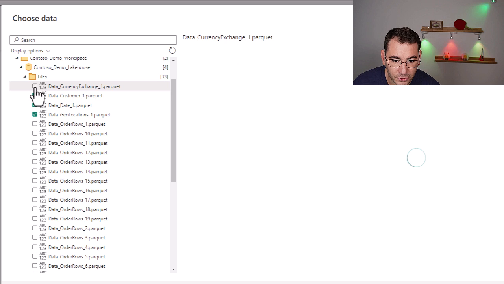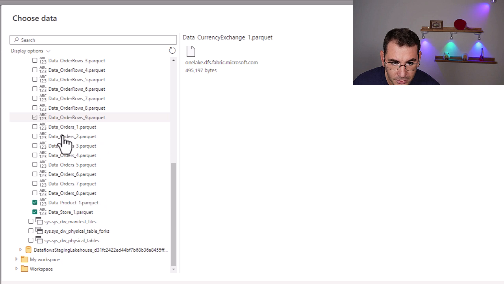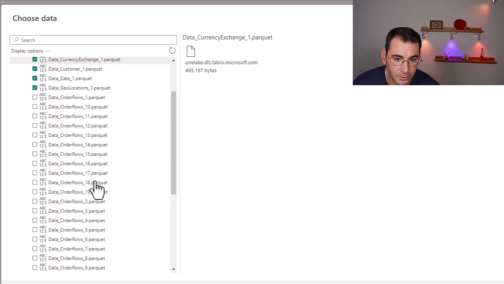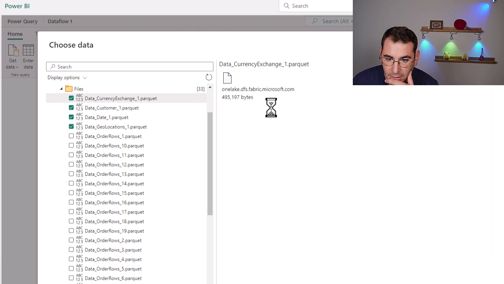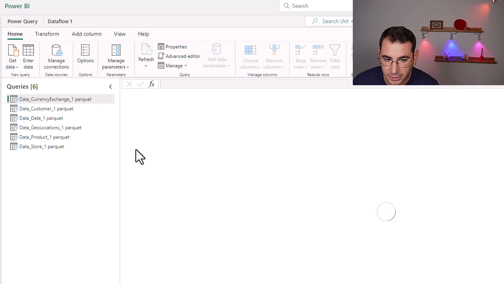So look, I'm going to select the currency exchange, the customer, the date table, the geolocations, and then the product table and the store table, okay? And these are the ones we're going to use first. So we're going to click create. This is going to automatically create the query for us to reach out to those Parquet files. And all we have to do now